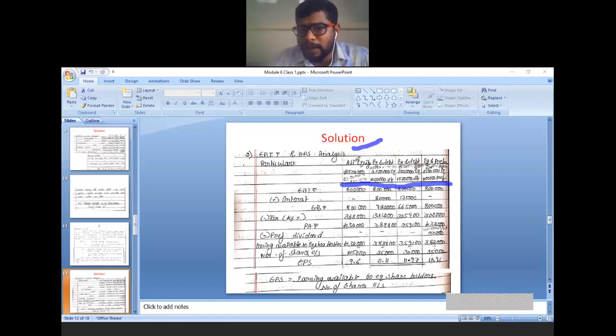In the case of plan 1, all equity. In the case of plan 2, equity and debt. In the case of plan 3, equity and debt. And in the case of plan 4, once again it is equity and preference share capital. Now in the case of first plan, all equity means 25 lakh existing capital structure, 20 lakh additional capital. So total equity capital is how much? 45 lakh. In the second case, existing 25 lakh equity share capital, additional 10 lakh equity share capital. So 35 lakh equity capital and 10 lakh rupees is debenture capital.